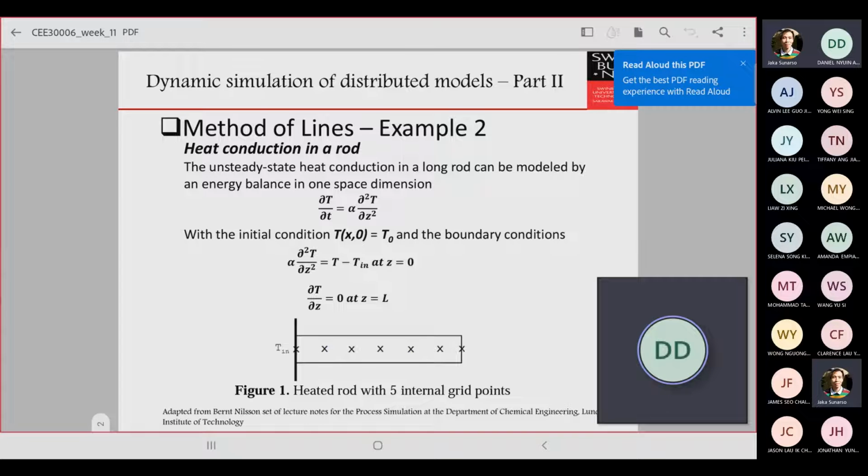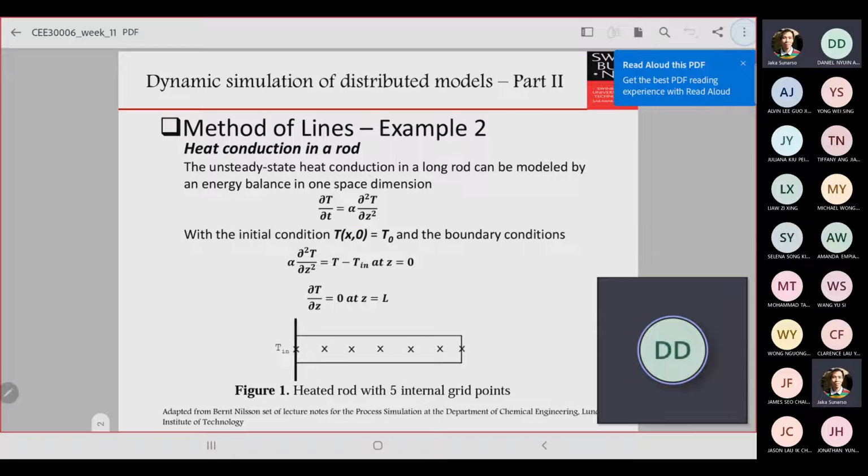But the other thing we need to do is use another example for the von Neumann problem. Okay, so that will be more general, meaning that we also have to discretize the boundary conditions. If we want to discretize the boundary condition, then it has to go into a different example. So these are the examples that we discuss today, which is heat conduction in a rod. Okay.